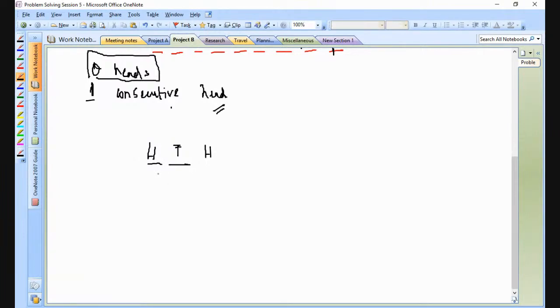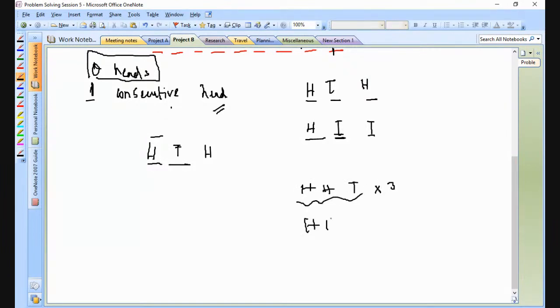So even if you do it for, let's say, 3 tosses, for the 8 cases you have to find out, let's say only 1 consecutive head: heads, tails, heads. So you have to only make sure that there are no 2 consecutive heads. Heads, tails. Okay. And now you can replace this. So I think we have to subtract those cases where there are 2 consecutive heads. There are 3 such cases, and this only 1 such case. So it's minus 4. That is 2 to the power 3 minus 4. So you have to subtract these cases, right? And so you get 4 out of this.